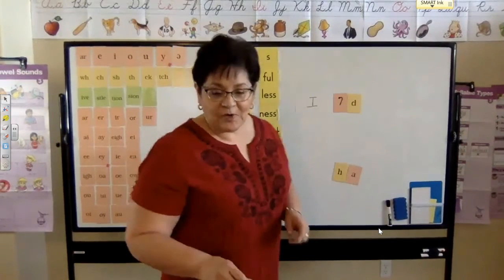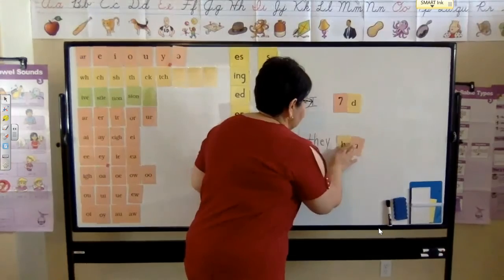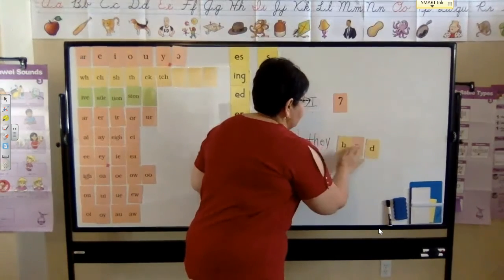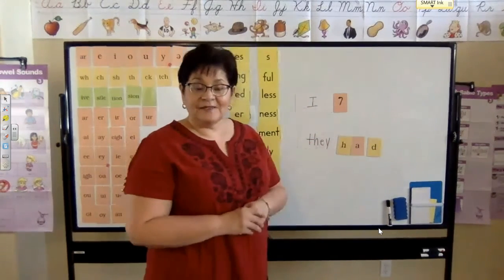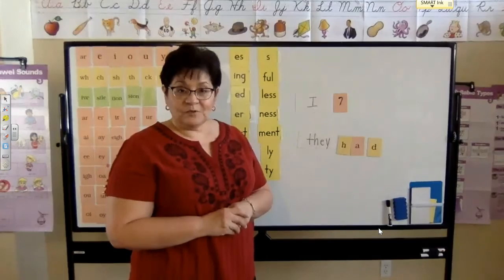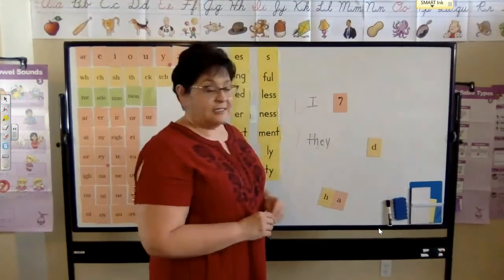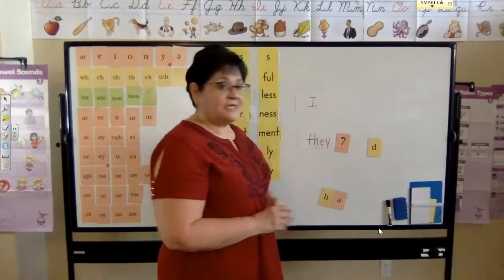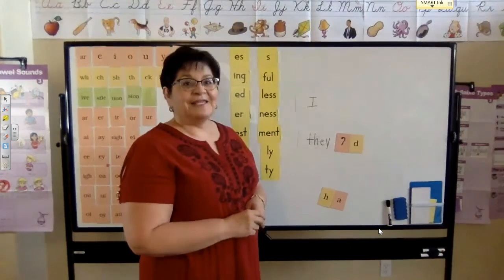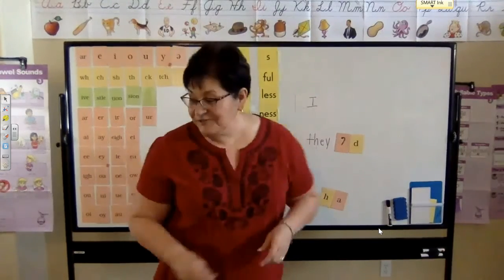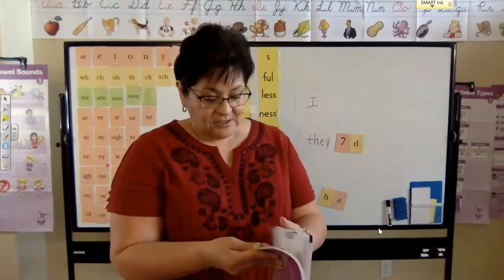Now let's try one more. Here we go. Read it. They had. What do I do to change it? Drop the H and the A. Bring down my apostrophe. Scoot over my D. And what do I have? They'd. All right, so just remember that if you ever have any questions on any of these, you can always go to your student notebook and take a look in here,